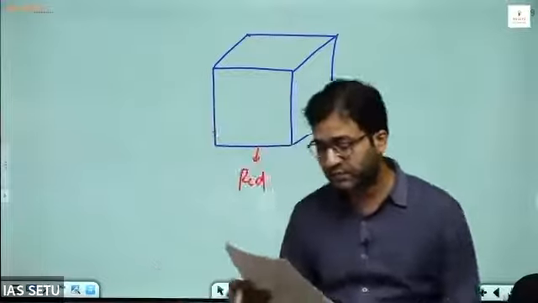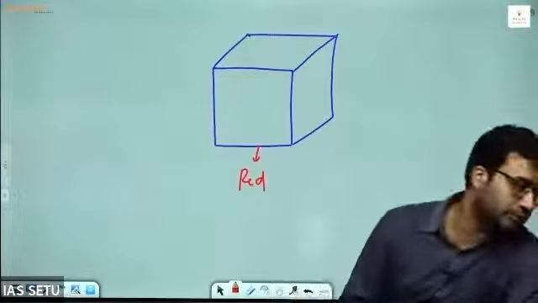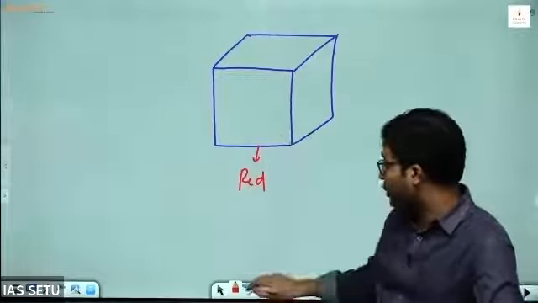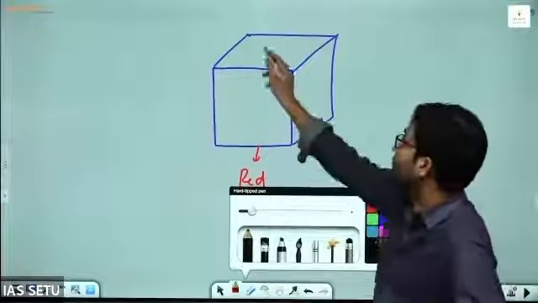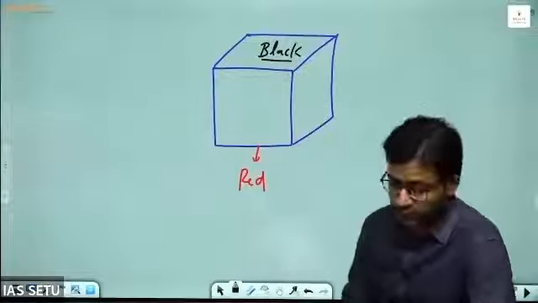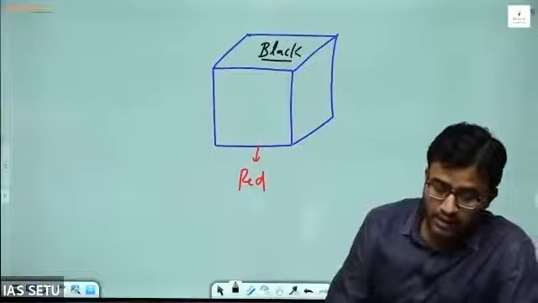After that first statement, red face is opposite to black. So if the bottom is red, opposite of red we have black. So here this top is black. So this is black here. Next is